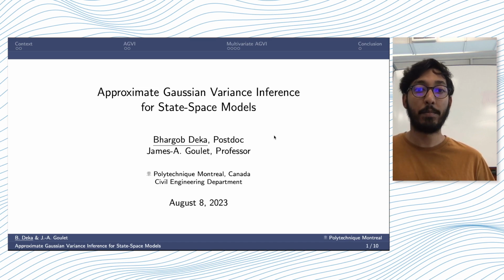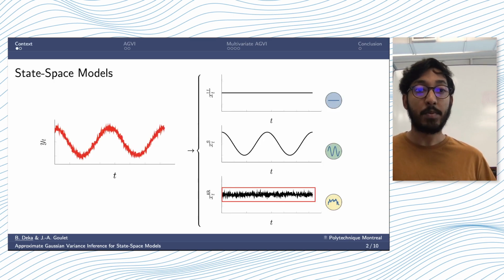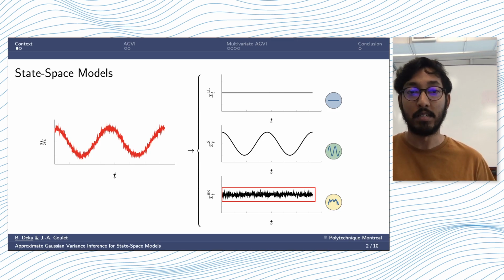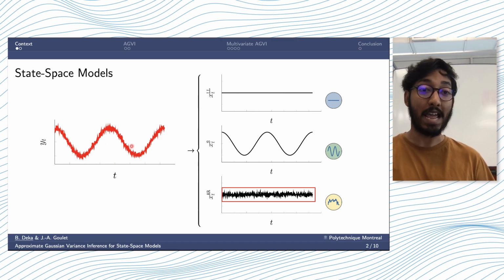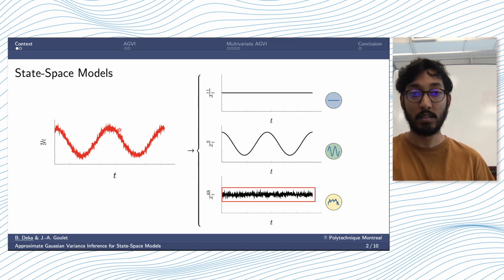So before going into the method, let's take a quick overview of what state space models are. State space models are probabilistic models that are mostly used for analyzing time series. For example, if we have a time series like that, as shown in the left figure, we can obtain the underlying patterns using several different components. For example, we can obtain the baseline of the time series, and the periodic pattern of the time series,